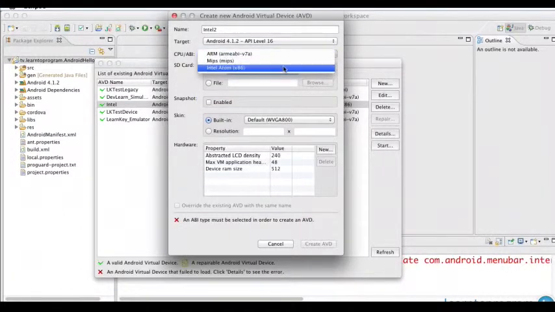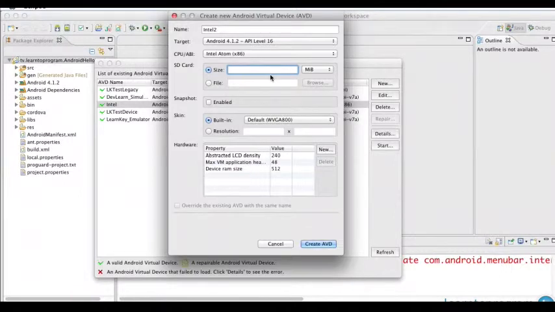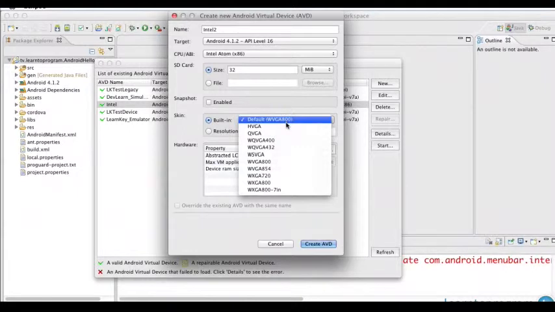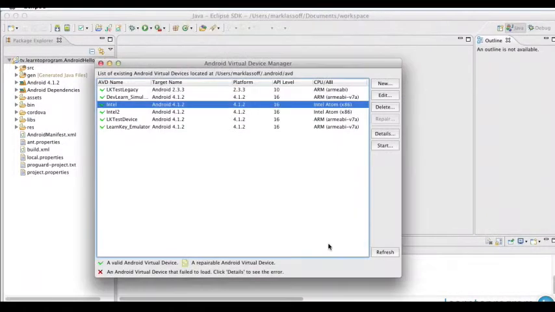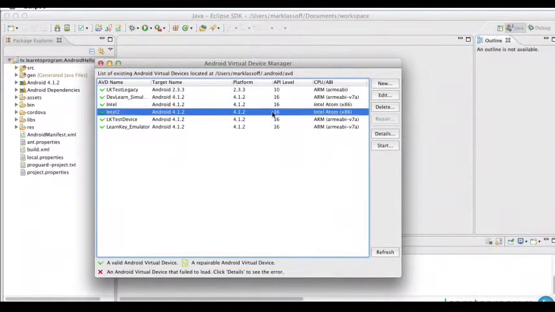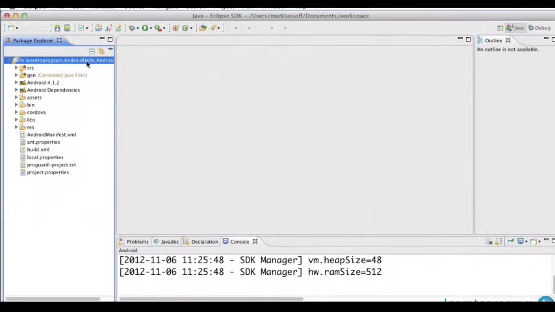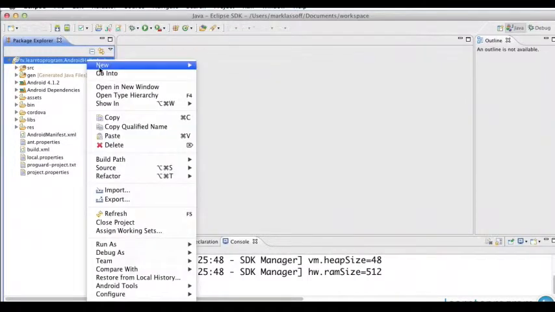For the CPU, I'm going to choose Intel. For the SD card, don't choose something too big. We'll just go with 32. And here we can make some choices as far as how our device looks. We can choose things like size, etc. I'm going to choose WQVGA 400, and we're going to leave the hardware choices alone and create the AVD. That creates the Android virtual device. Now, the easiest way to run it is to hold Control or right-click on the project and choose Run As